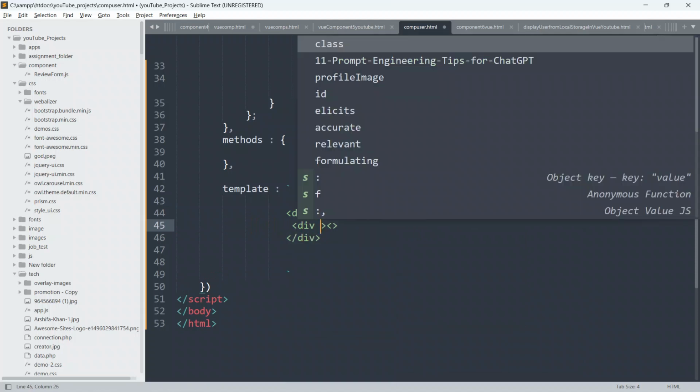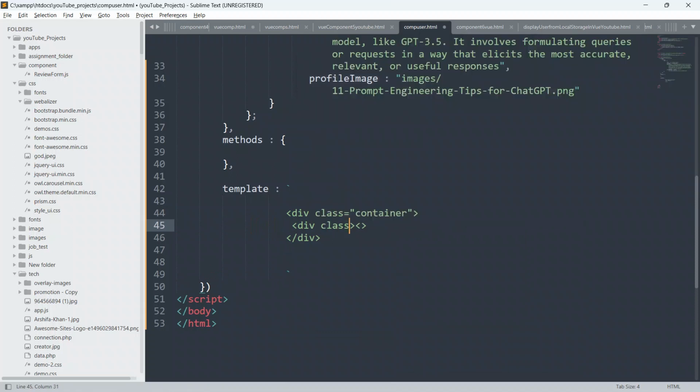Okay, give class also as card, and give text-center, and give overflow-hidden.